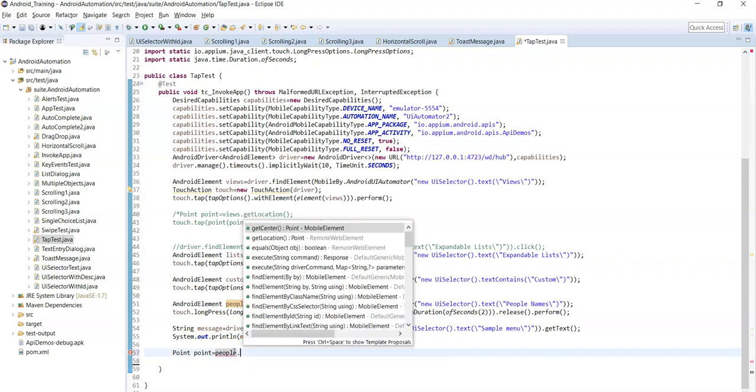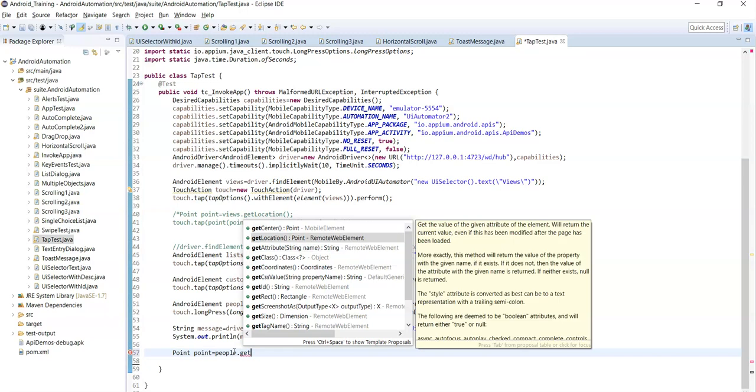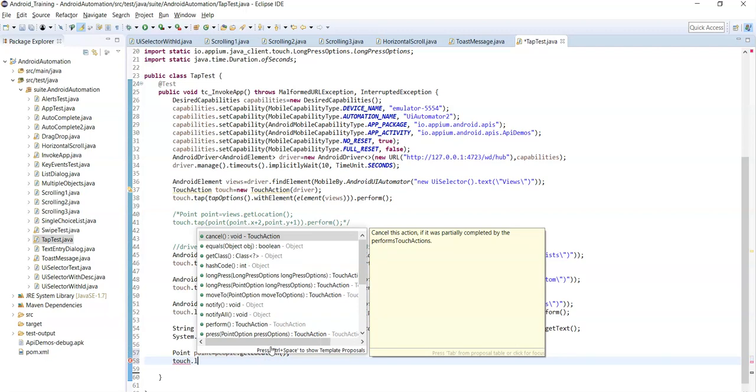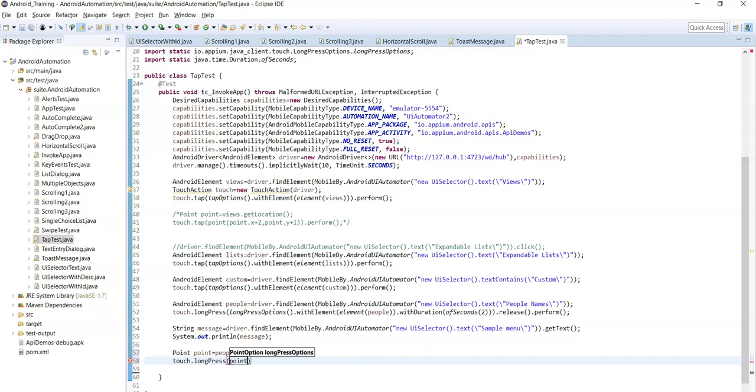So find the location, the exact coordinates of the people names element. Okay, and then pass the x y coordinates inside the long press method. So point of, here you need to pass the x y coordinates, point dot x comma point dot y.